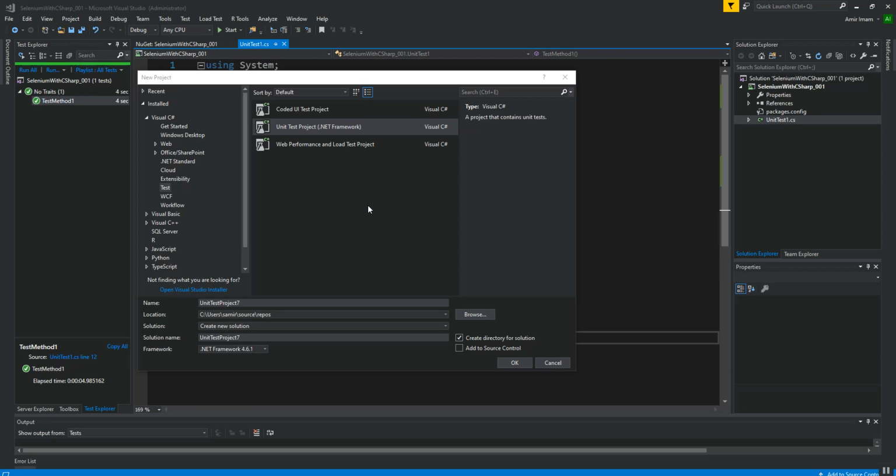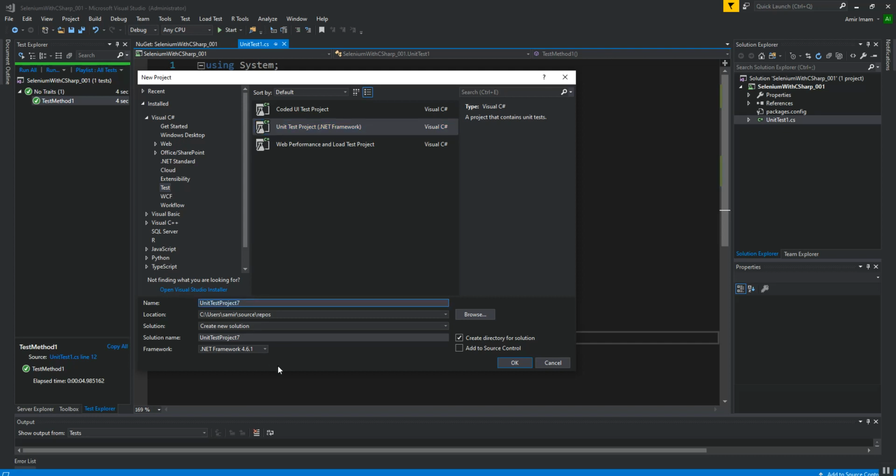As you can see, I have just clicked on File, New Project. The new project window appears. We need to select the Test node which is present in the Visual C Sharp node, and we are going to select the Unit Test Project.